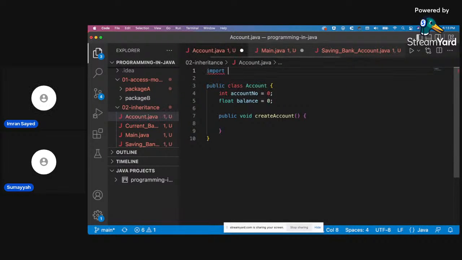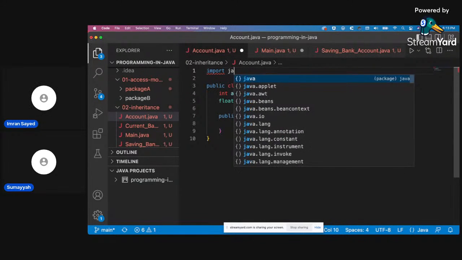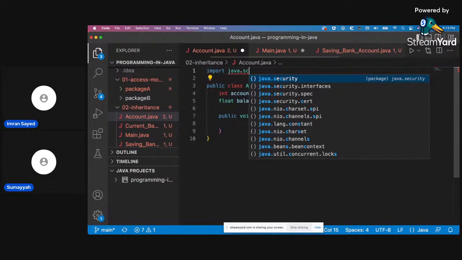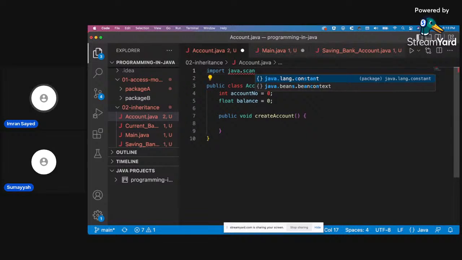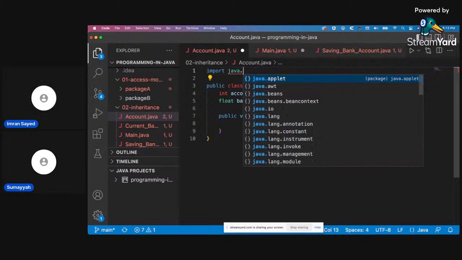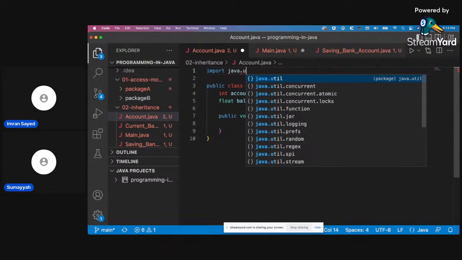Import java.scanner. What was the package to use scanner? Java.lang. Java.util. Okay, okay.